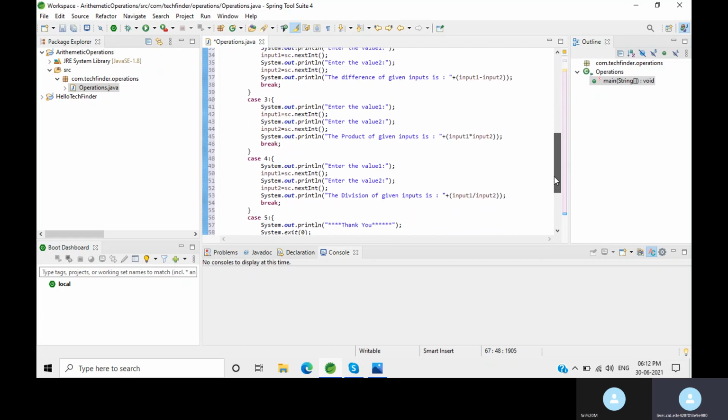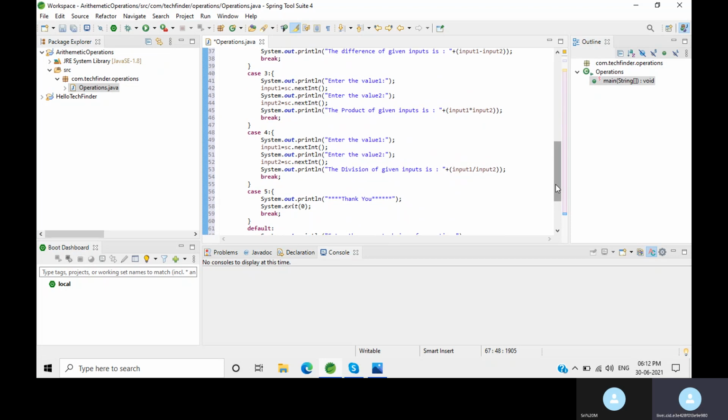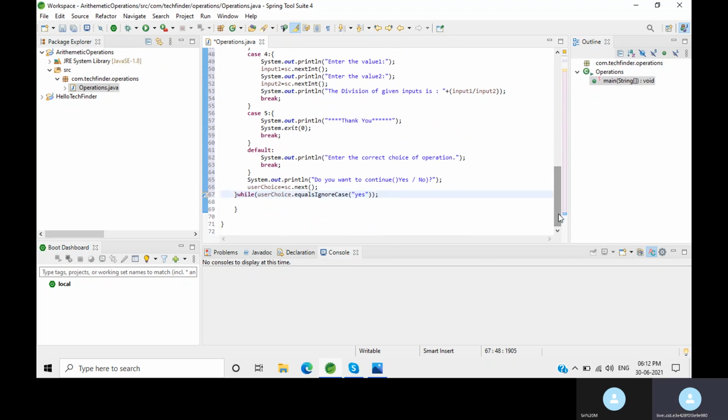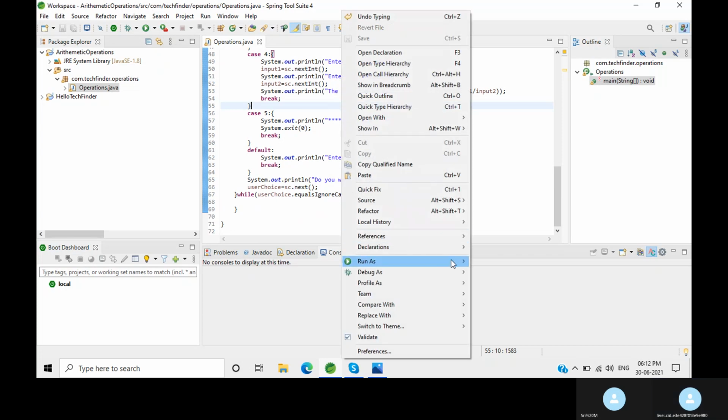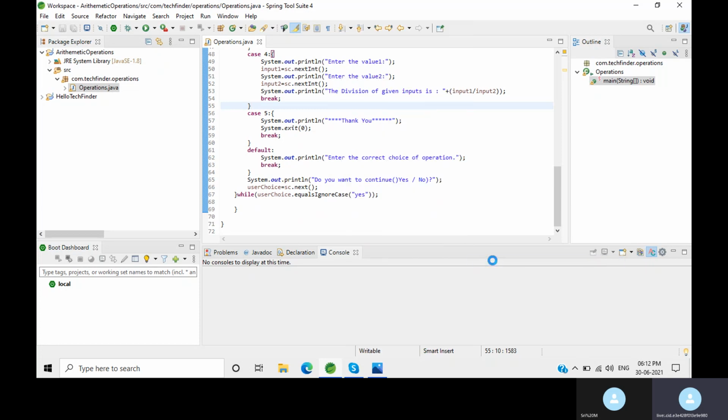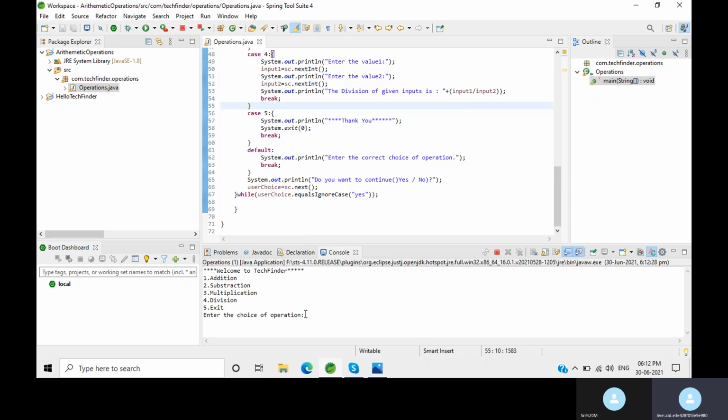Just check once again for the output. Now save the program. For that, the shortcut is Ctrl S. Now right click, run as Java application. The program got built.